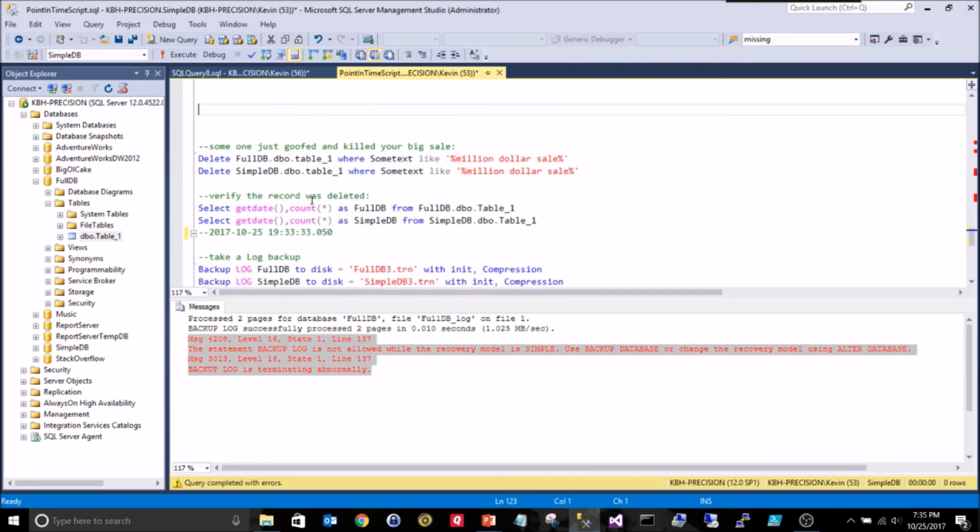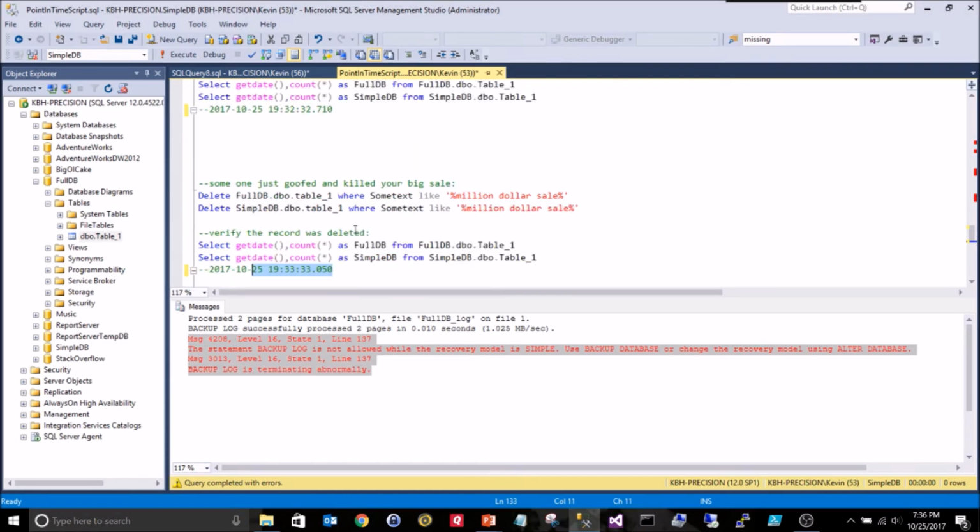We're going to know that the developer, or whoever, the CEO, did this. He was trying to monkey around in the databases, and he shouldn't be allowed to do that. So he ran this statement at 7:33:33. So we want to go back to a point in time prior to that, which 7:33 would work, because